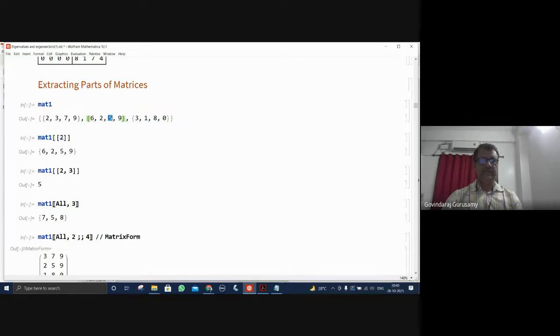So there is one integer here, there are two integers here, which means one integer means the whole of this list will be taken out, the row list. And then if you have another number which is added, which should be within this number of list, then that number can be taken out. For example, if I put this as a 4, then 4 which is 9 can be taken out. Okay, so that's how it is being done.